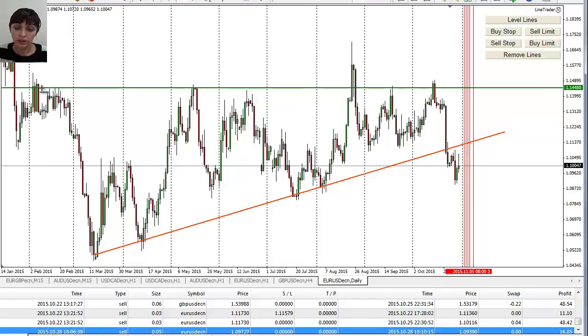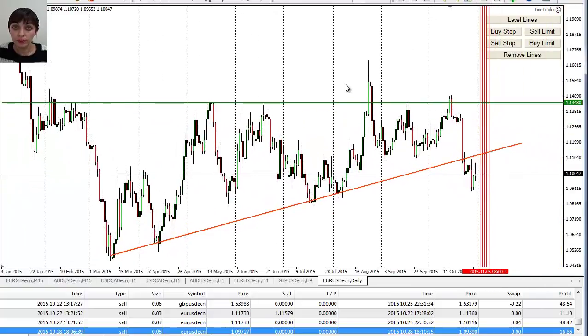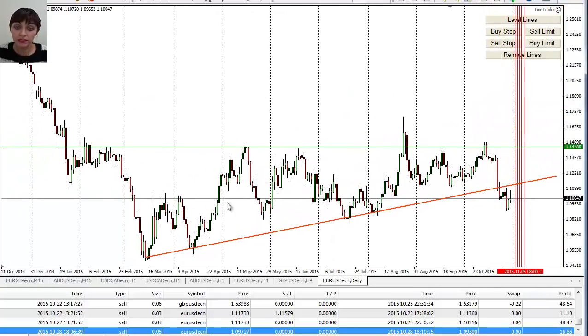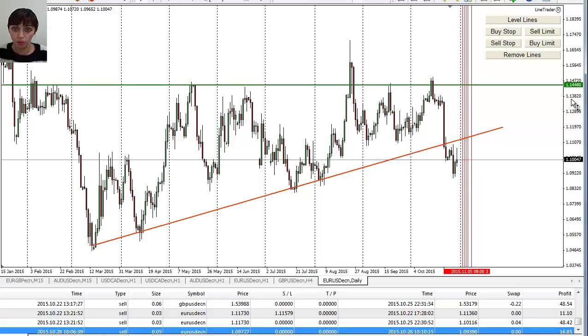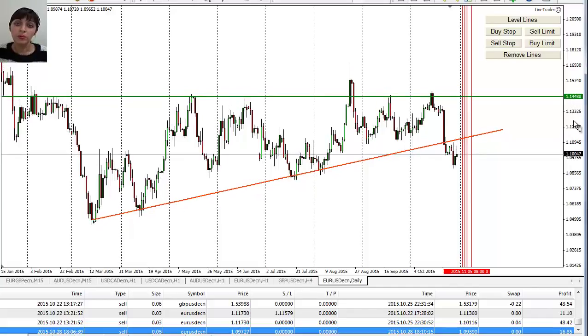We have this main pattern, which, as I told you and explained in previous videos, is a triangle. Just as I predicted in previous videos, the market was trying to create a bottom. I was saying it's either going to create a bottom or it's going to break it. You can see it's starting to break it. Right now it has broken that level and it's on the way down. But you know that such big patterns on daily charts I do not trade, because the distances are very big. You really need a big account and a bit more skill.